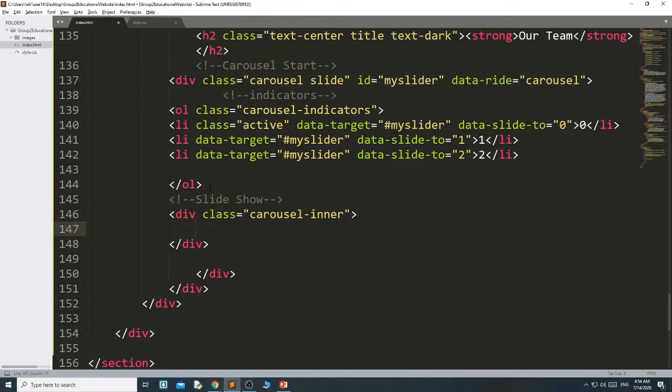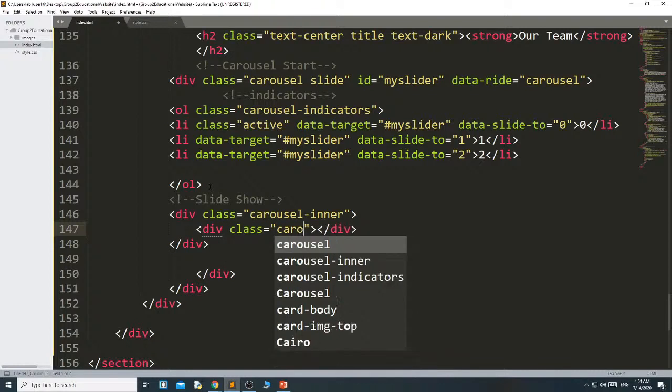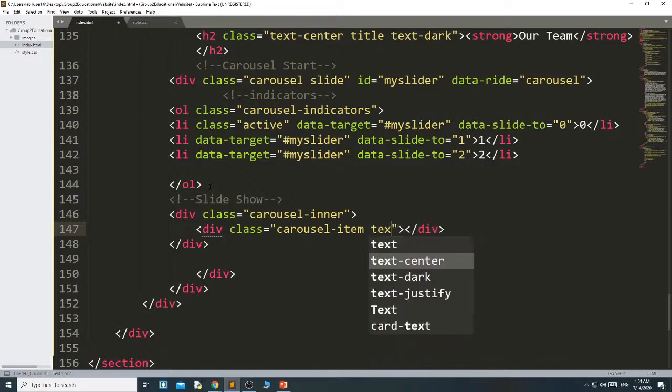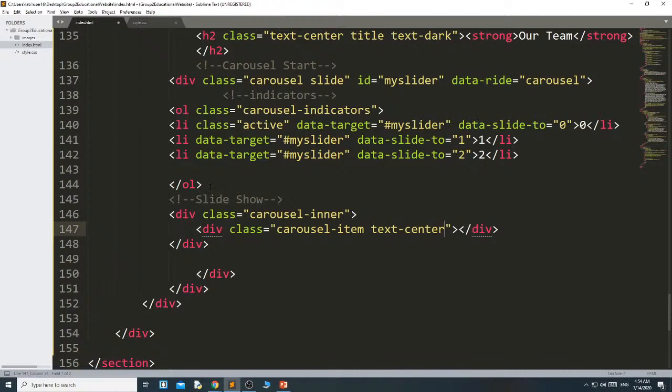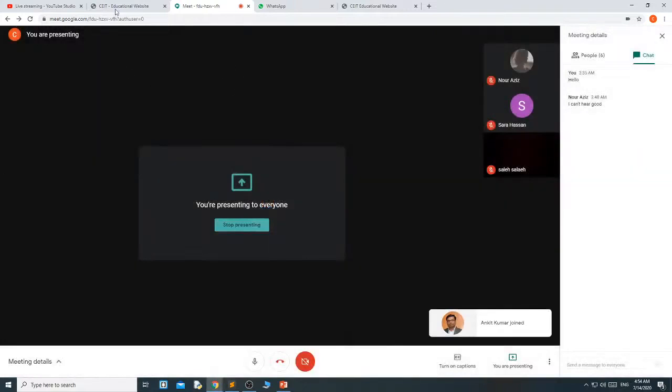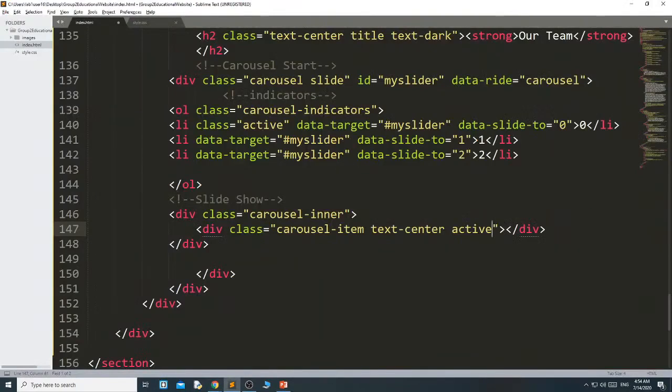Okay, then in carousel inner, first the item is div class carousel item, text center active.